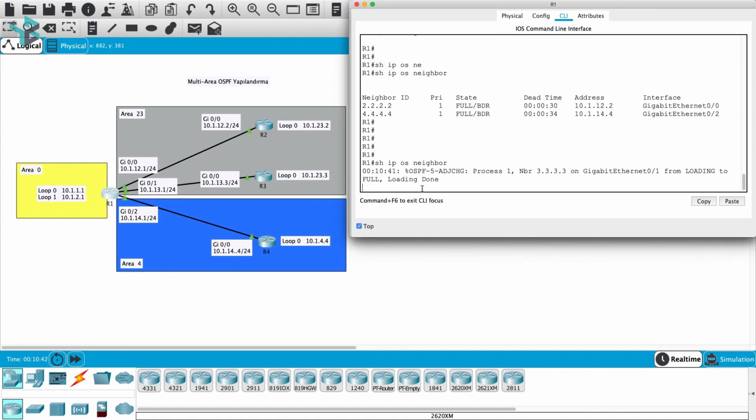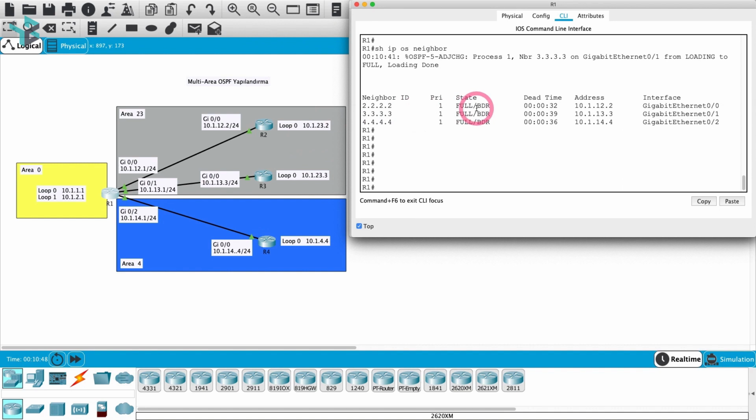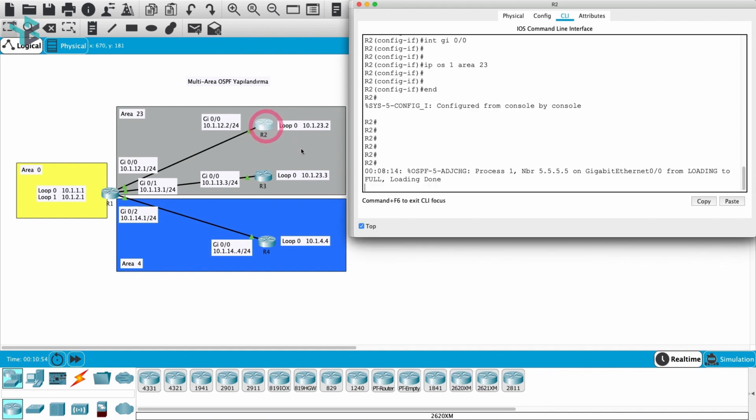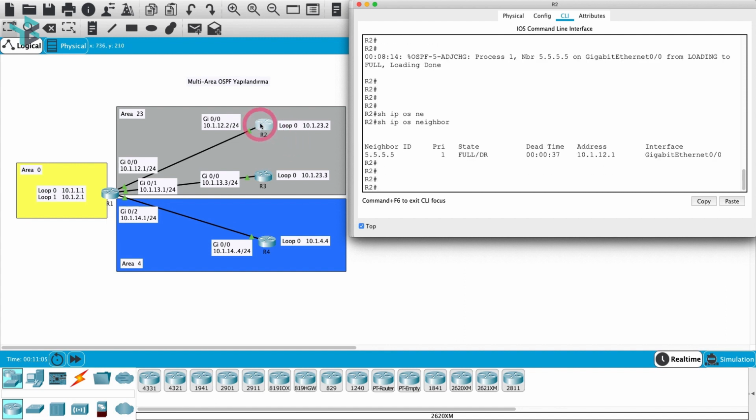Now I come back to router 1, and now we have a connection to router 3. When we look at it from router 1, it sees all its neighbors as BDR, and it has become a DR itself. Let's look at it from router 2. Let's write show ip ospf neighbor. It shows that a neighbor is established between router 2 and router 1, 55 is the neighbor's router ID. Since router 1's ID is large, it became a DR router.